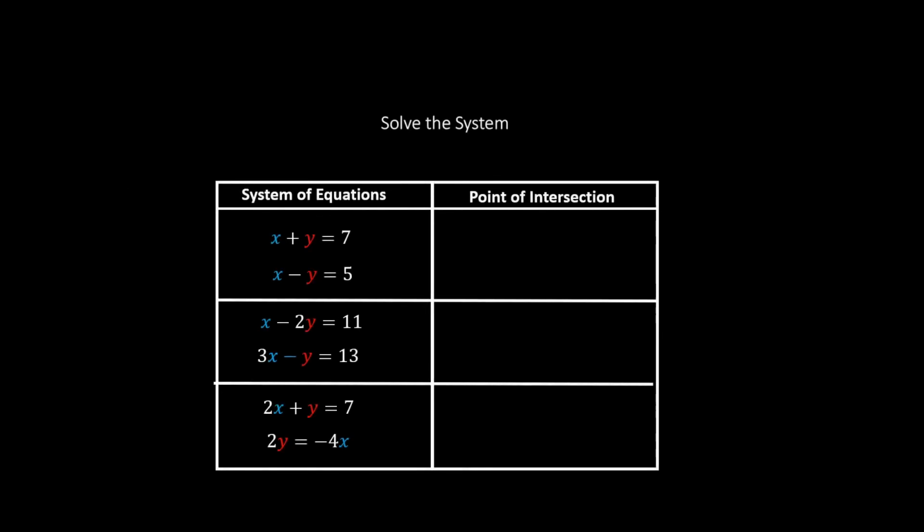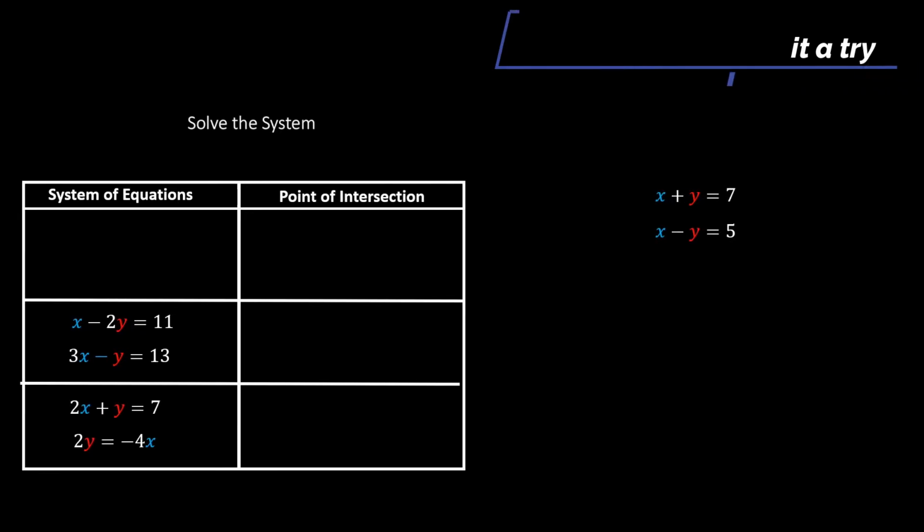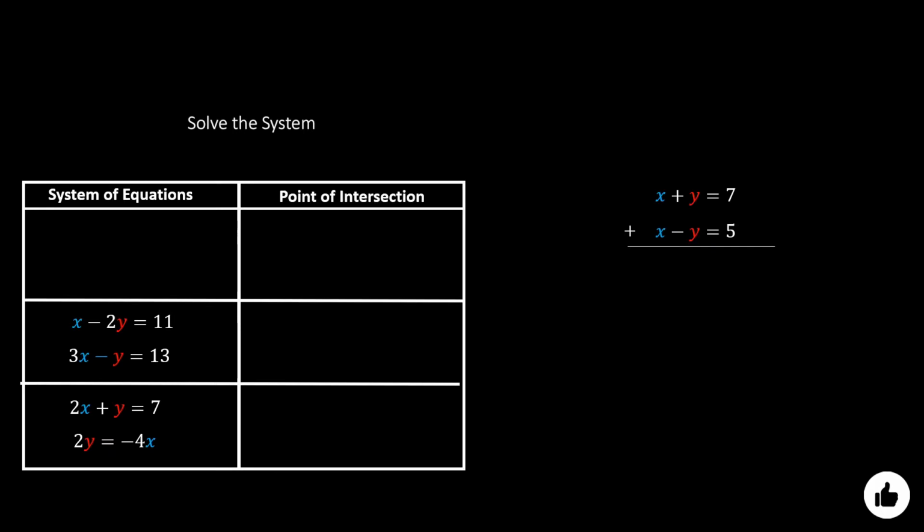In this video, we'll be solving systems of linear equations by using the addition method. Let's do some examples. So for the first system of equations, notice how the first equation has a positive y and the second equation has a negative y. This means if we add the two equations together, we'll be able to cancel out the y's and only have